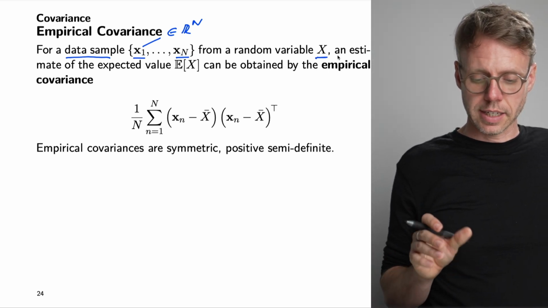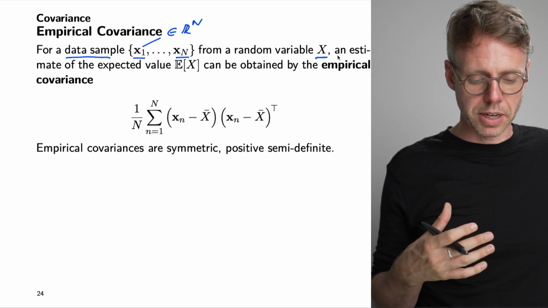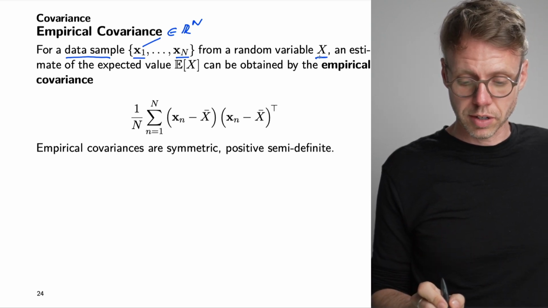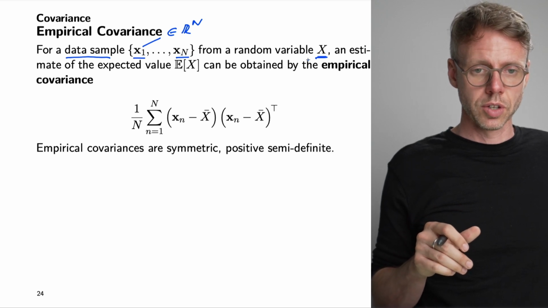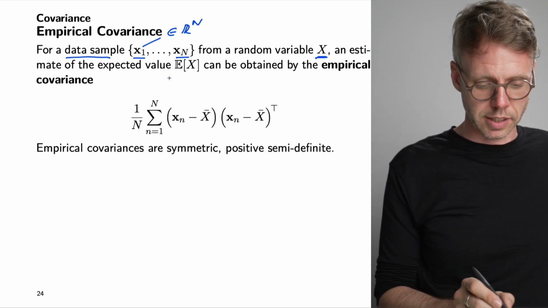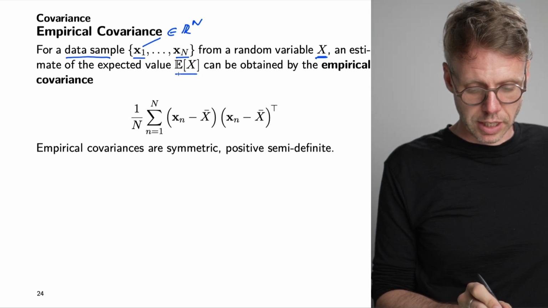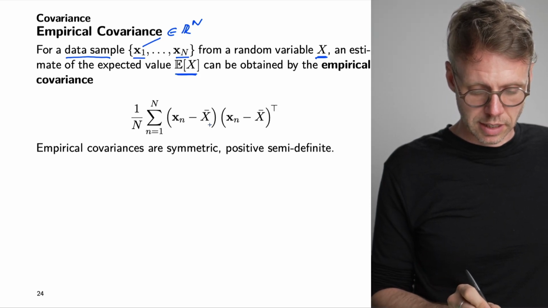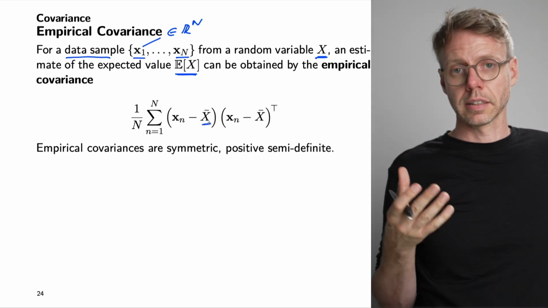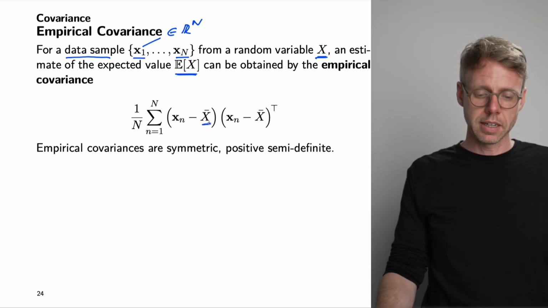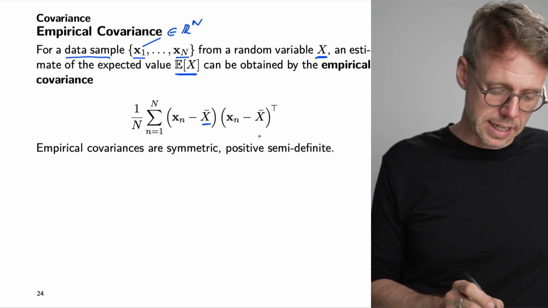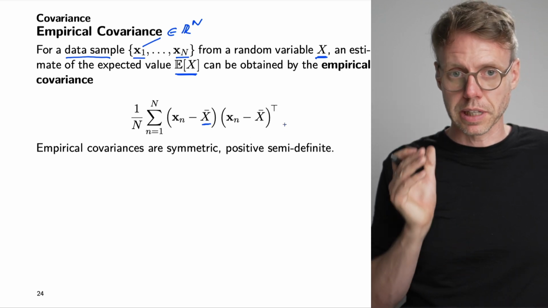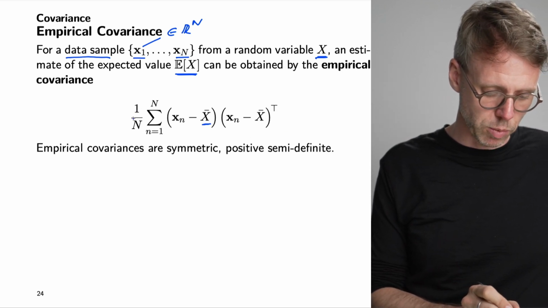Then we can get an estimate of the covariance matrix of this random variable x, so of its components. The first thing that we can estimate, of course, is the estimate for E of x, which is given by this x bar, the empirical mean. Again, we can use this empirical mean to estimate the empirical covariance matrix, which is defined as 1 divided by